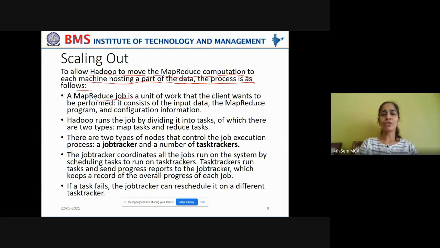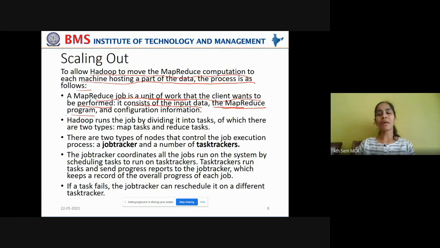A map-reduce job is a unit of work that the client wants to be performed, for processing the data. It consists of the input data, which can be read from the input file path that is passed to the job object, and the map reduce program, which performs the map task and the reduce task one after the other.